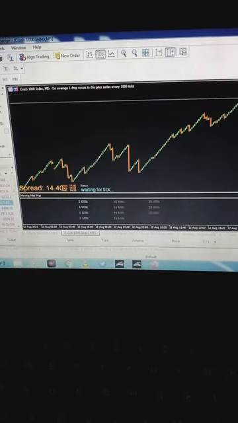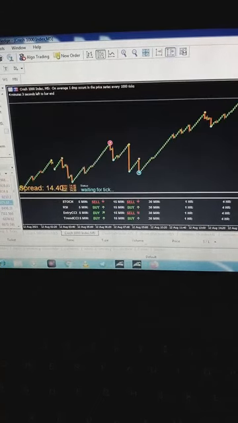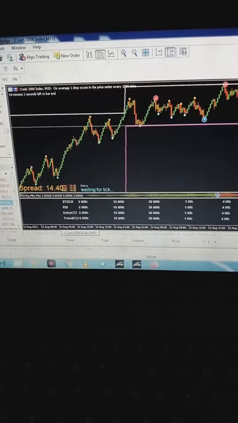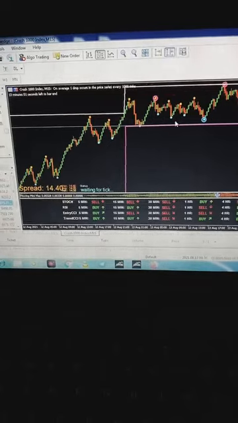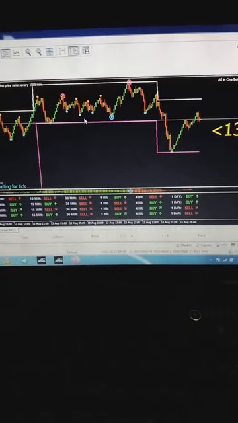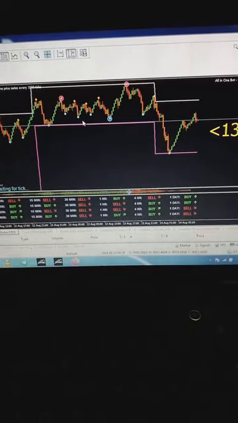Okay. So if you look at my chart now, let me go to 15 minutes. You see we have this line. Look up. We have this white line. We also have this pink line. Okay, you see it. So that line then brings you to the current market. You see the line here as well.